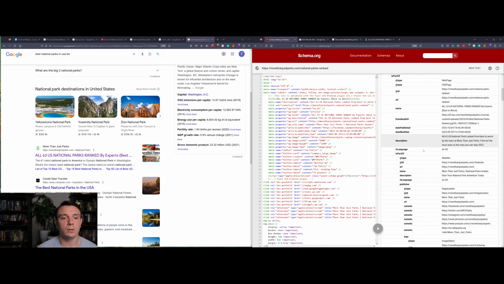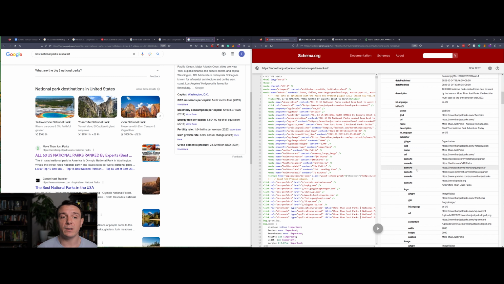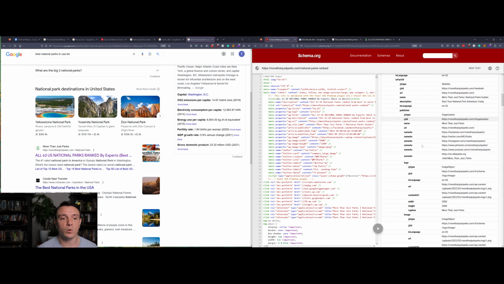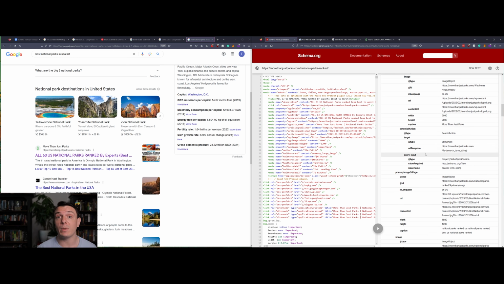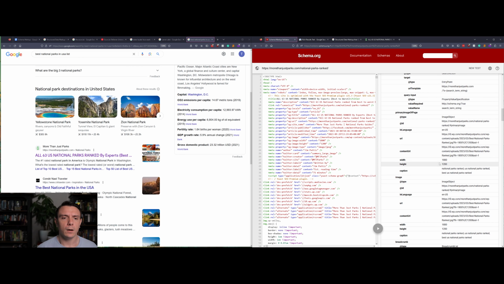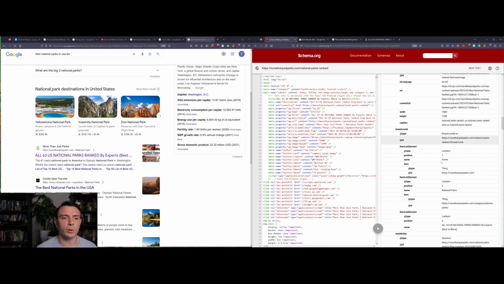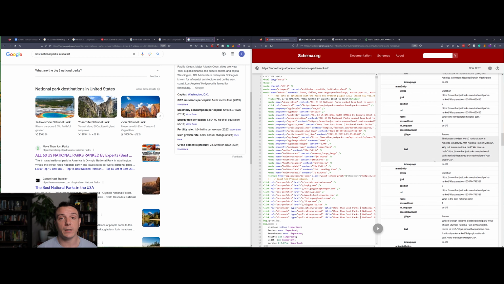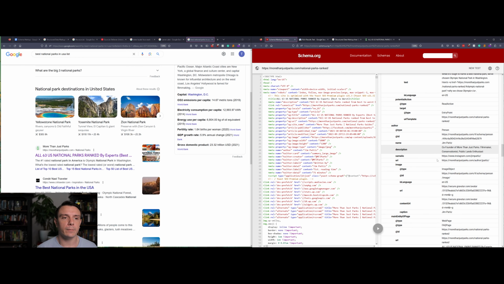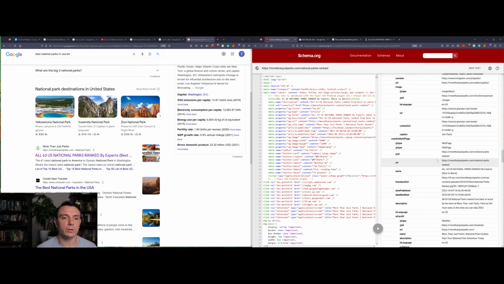We have our description. We have all of this other pertinent information about the organization, the website, their logo, all of the images. So they may appear in the image pack. As we can see here on the SERP, they do. It looks like they may be selling a book, or I don't know, maybe that's just a collage image. They have their breadcrumbs. So all of this is really good stuff outside of the keywords. They have their FAQs, they have their persons,